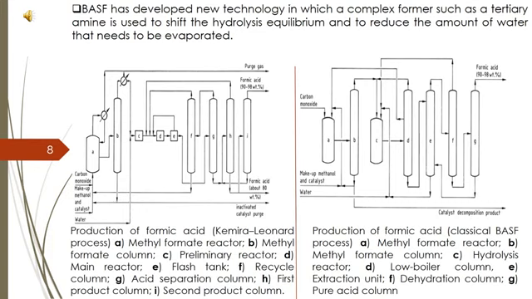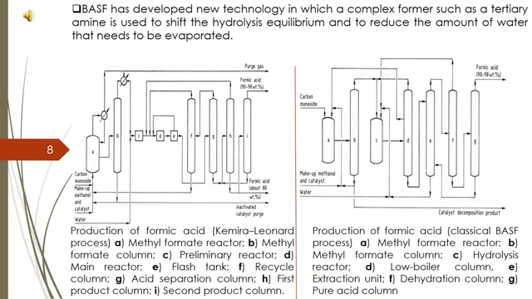So the difference is that in the Kammer-Lennard process, 2 columns have been used for the distillation. First product column, where water was mainly distilled, and the second product column. First product column H and second product column I in the Kammer-Lennard process. But here the only dehydration column is F1, where water is majorly